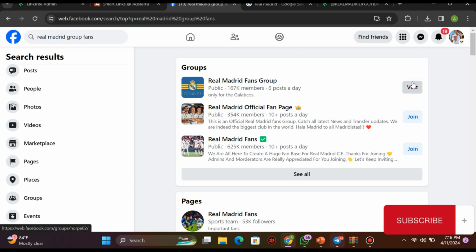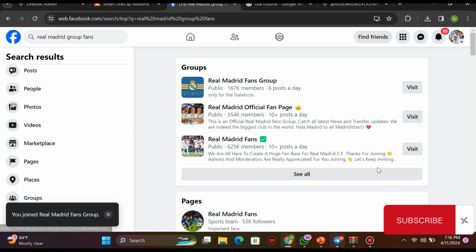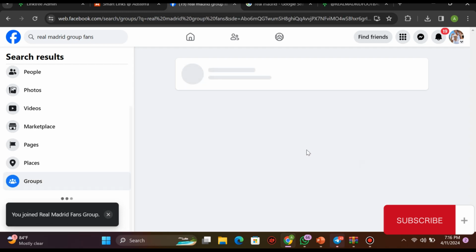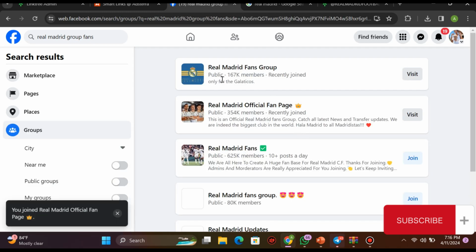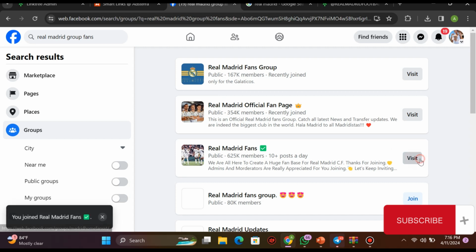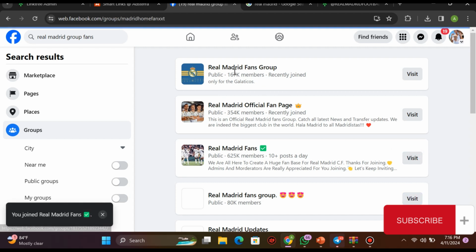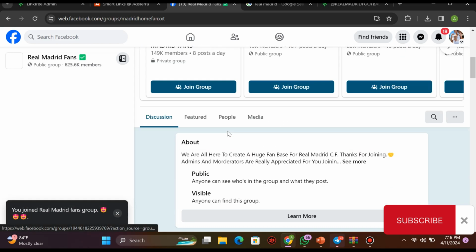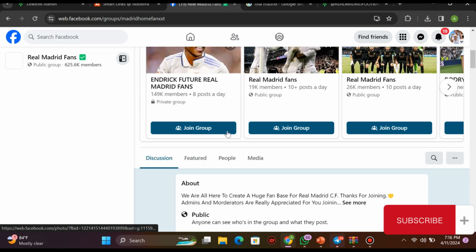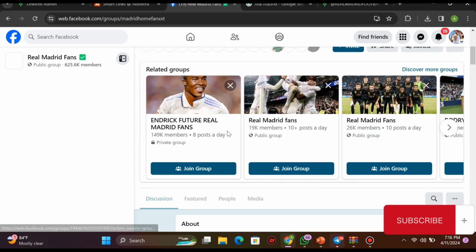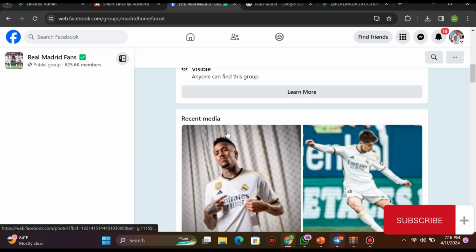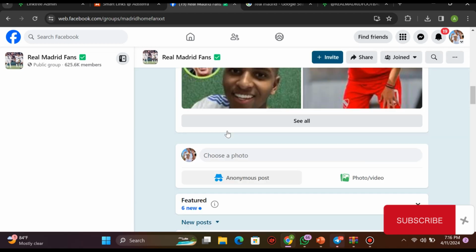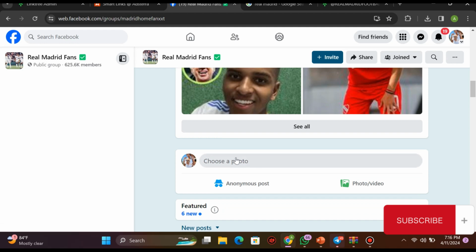So you join most of them, those which are free for you, which are public, you join a lot of them. All right, so make sure you join a lot of them. So you have this one is public, this one is public, this one is public. So this is what you're going to do. Go and open the Real Madrid fan group and just try to upload the picture or upload the link inside here. Okay, so you've been able to join,